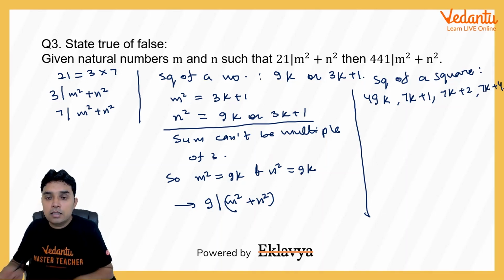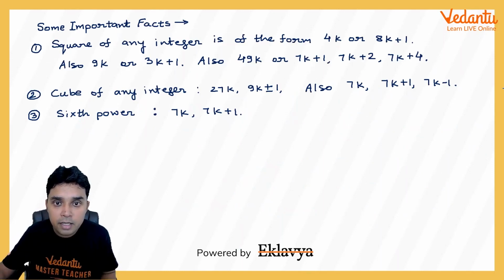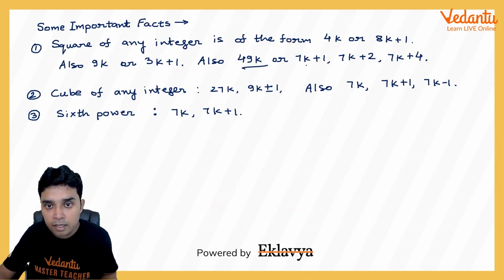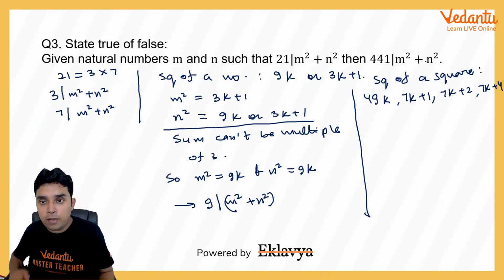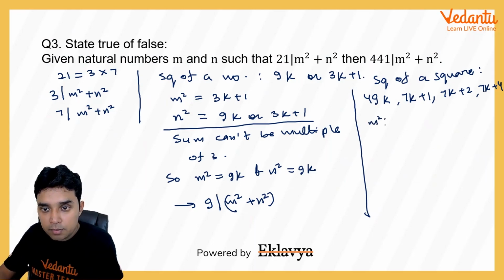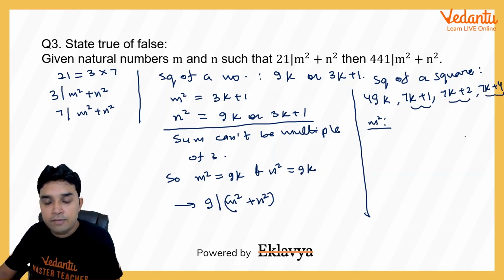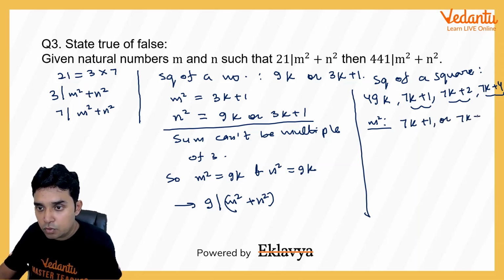These are the only 4 possible scenarios: 49k, 7k plus 1, 7k plus 2, 7k plus 4. This we have discussed already. So here, if you take m square to be any of these 3, 7k plus 1, 7k plus 2 or 7k plus 4,